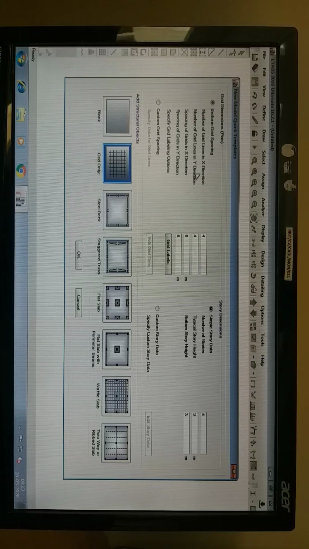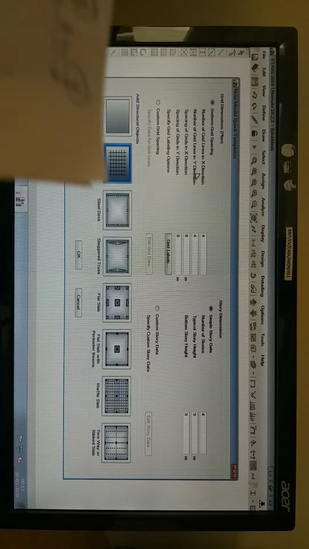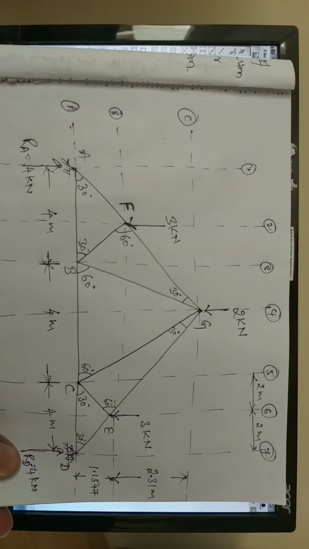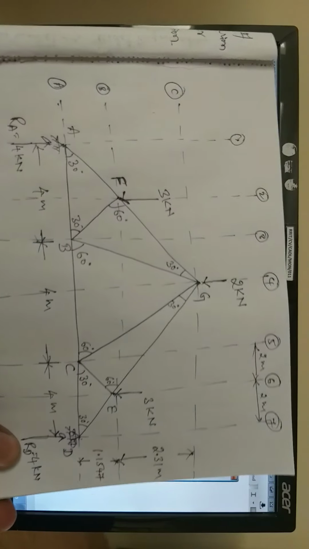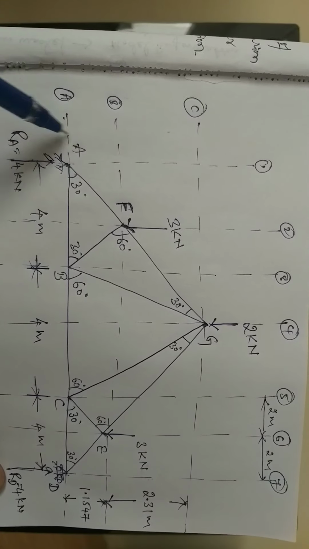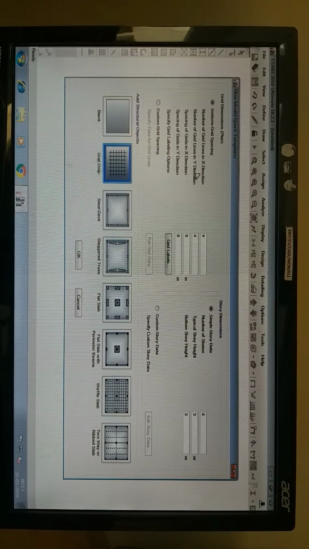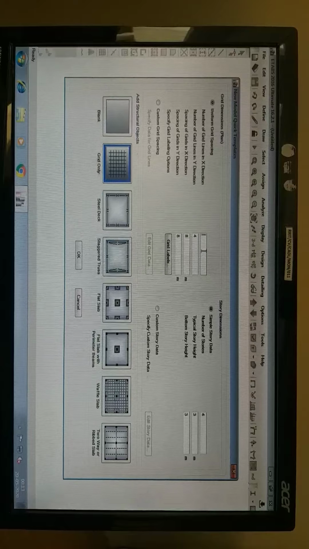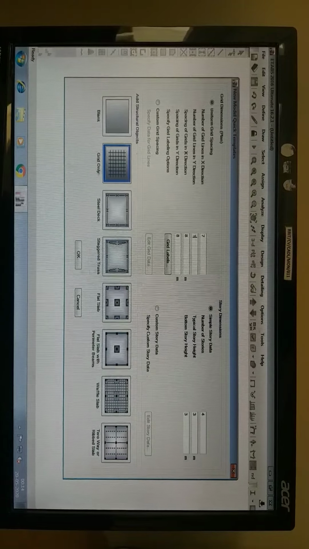For today's class, the truss has 7 grid lines in X direction and 3 in the vertical direction. So here you can just type the number of grid lines in X direction as 7 and the number of grid lines in Y direction as 1.